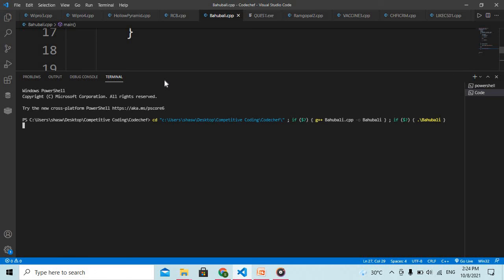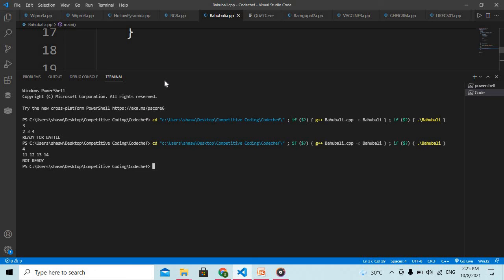So we could see it by a simple example. If we have 3 soldiers having 2, 3 and 4 as their number of weapons, then we will see that the count of lucky soldiers is more than the count of unlucky soldiers. So we should print ready for battle as it is required. Let's see another example in which we have 4 soldiers having 11, 12, 13 and 14 weapons. That is 2 are even and 2 are odd. That means the number of lucky soldiers and the number of unlucky soldiers are equal and hence the army is not ready.